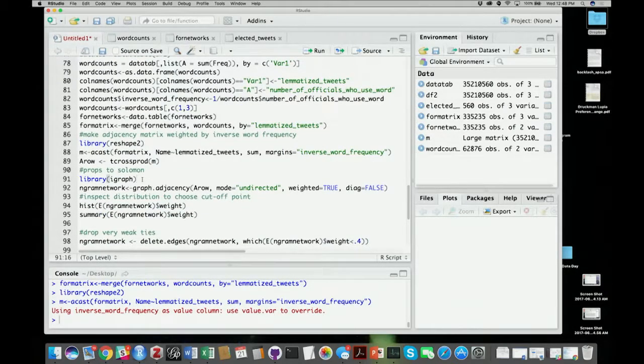And now in R, the name of the game in networks is iGraph. There are several other packages, SNA, but iGraph is also available in Python. It's a huge, very powerful package that is really well documented, really well supported, and basically we're going to use iGraph to transform our adjacency matrix into network data,